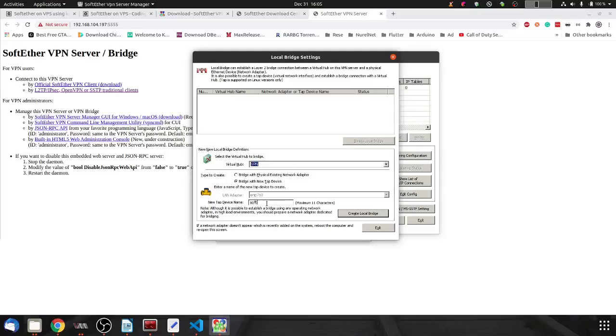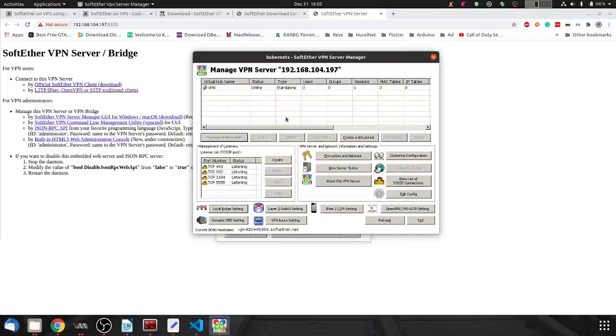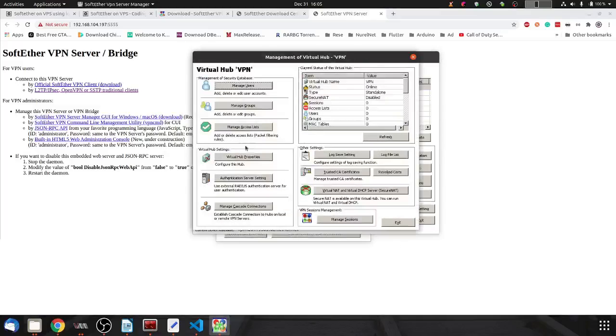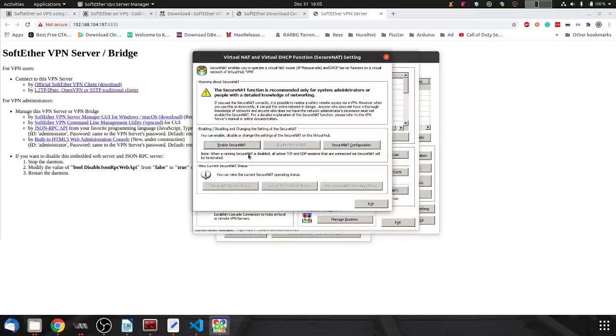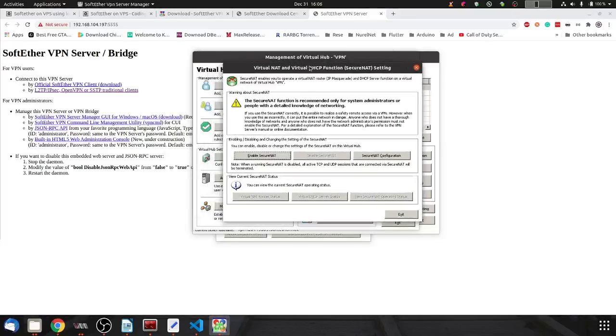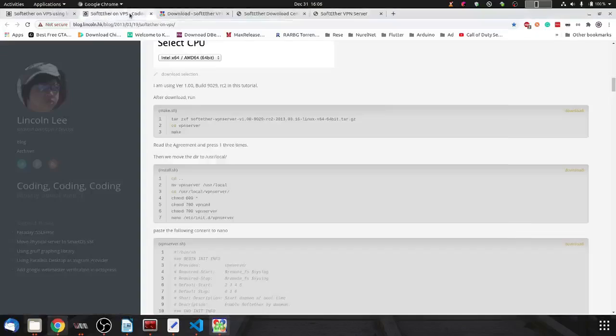So if you go back here, we can enable this one. Once you enable this one, it will assign the IPs for each client. It's happening through this one. And for the record, this is a little bit slower, so that's why we are going to do